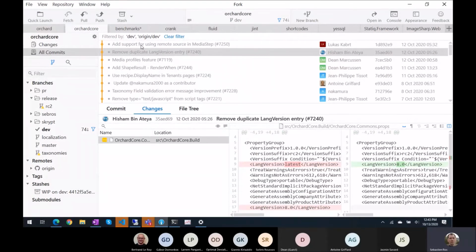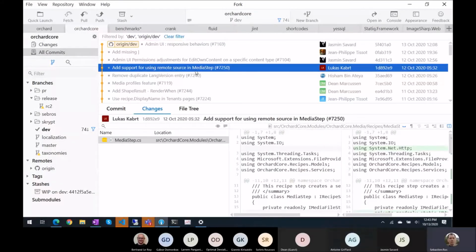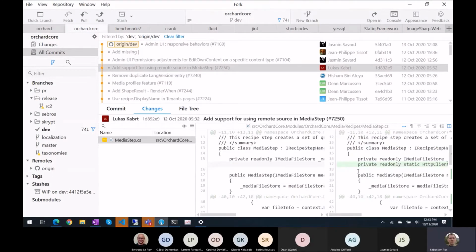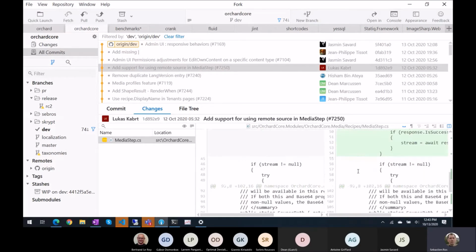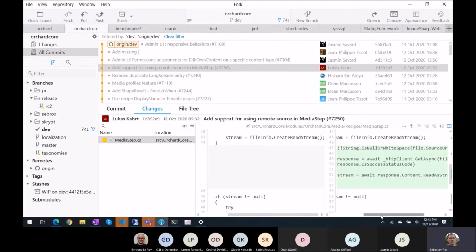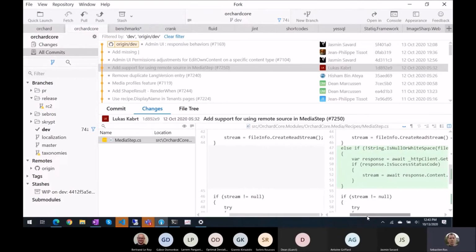Add support for using remote source in MediaStep. Lucas is back. So, add support for using remote source in MediaStep. The MediaStep will let you do what? Import a media in the media library from a recipe. So now you can say,